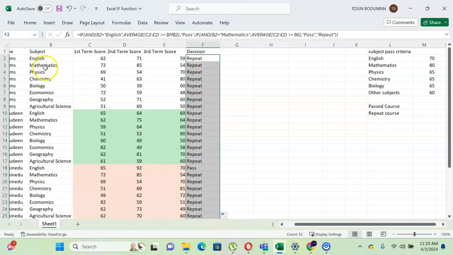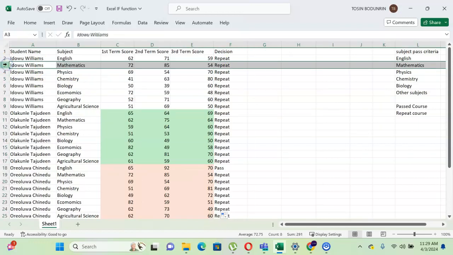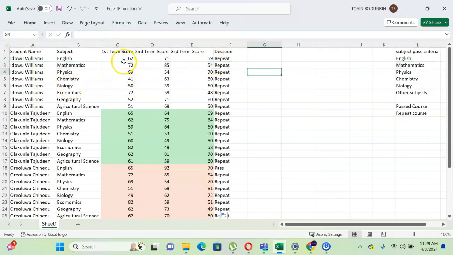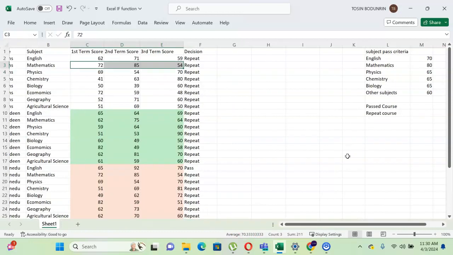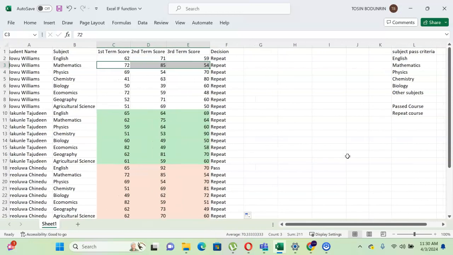Now let us see where we have mathematics. Where we have mathematics, let's focus on it. The average score that we have here is 70, but for mathematics we specified 80. Let us look at another area. This one also repeats mathematics. So what we're basically going to do for mathematics,